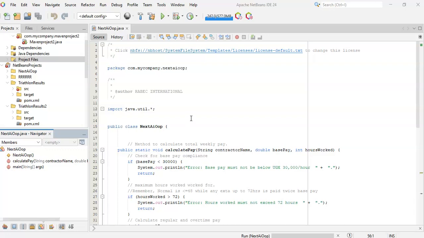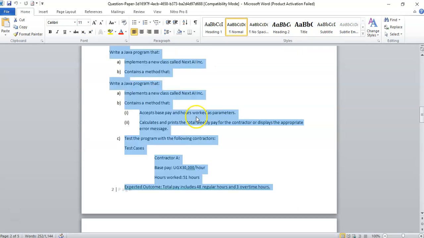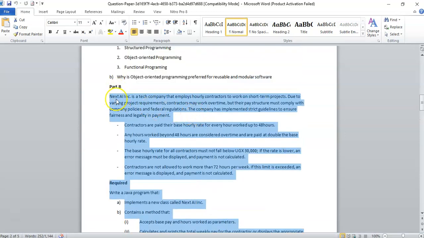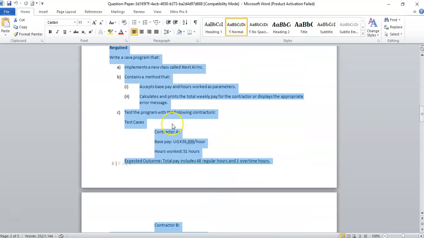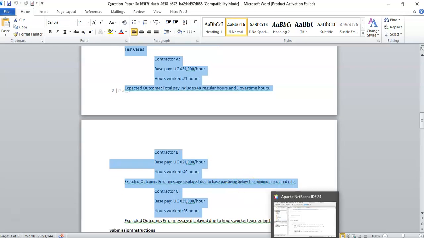And today we are going to look again at the OOP, that is object-oriented programming. We have our question here, which we're going to answer. Part B says: Next AI Inc. is a tech company that employs hourly contractors to work on a short-term project. So, due to the overlaying project, and so on, we're going to program this quickly. However,